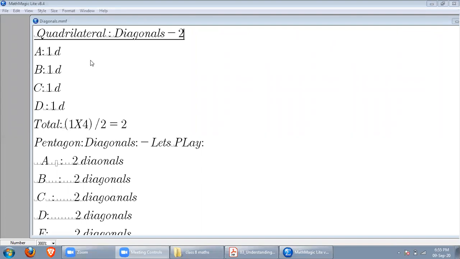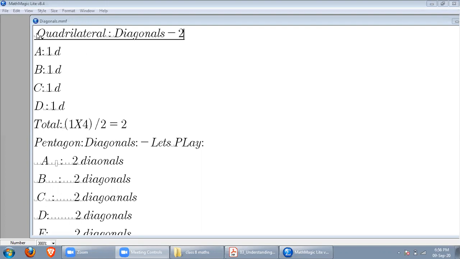Last time we talked about the number of diagonals in some polygons like hexagon, quadrilateral, triangle. So we know that for a triangle, no diagonals can be drawn. For quadrilateral, it will have 2 diagonals. And we also came to know that for hexagon, by drawing, it will have 9 diagonals.